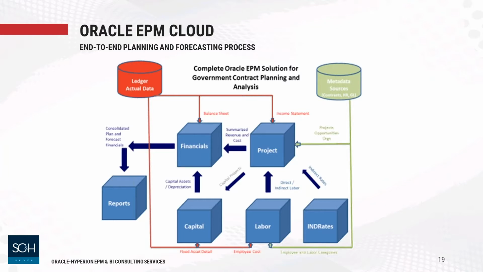but let's go through this very quickly. Starting with financials in the center. The financials cube represents the summary cube that brings together all of your accounts, your orgs, and your project level of detail, but may not necessarily have the details attached to an individual employee. Where you would actually find that is in a combination of your project and labor cubes to the right of your financials. And as you can see, as represented with the arrows, the information is always flowing from one cube